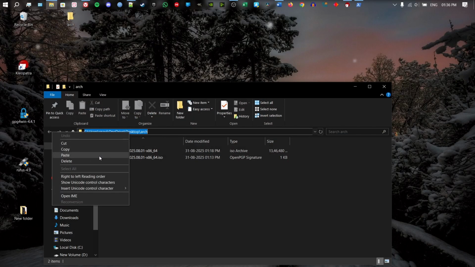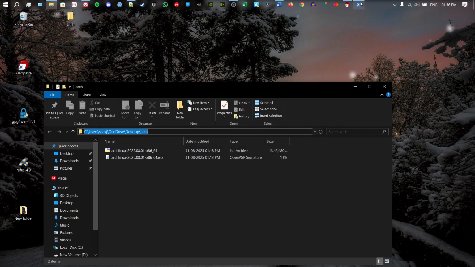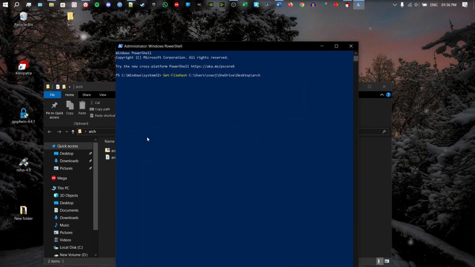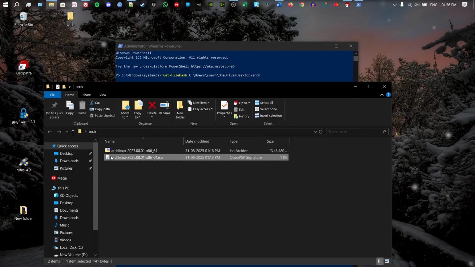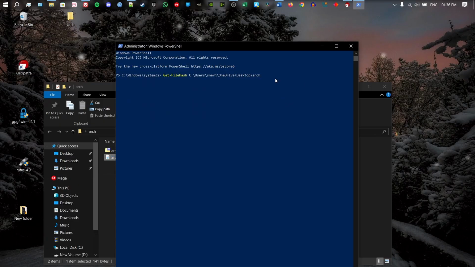I'm gonna copy the path and paste it here, and then I'm gonna copy the name of the file and paste it here. Don't forget to put a backward slash before you paste the name. And the algorithm I'm gonna use is